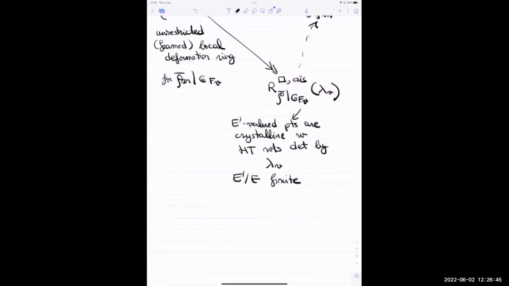So this is a deformation ring constructed by Kisin, but there is also an alternative construction of this due to Tong Liu, who describes the mod p^n points of this deformation ring as those that admit lifts to characteristic 0